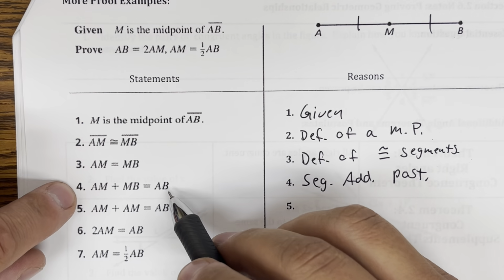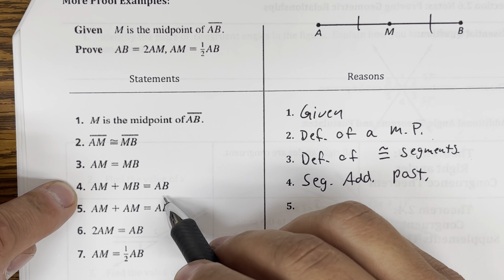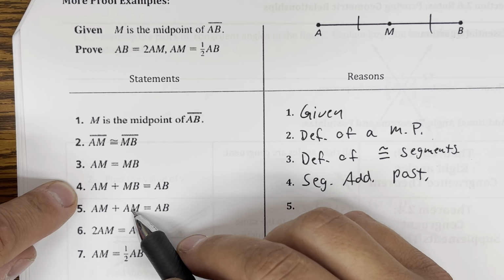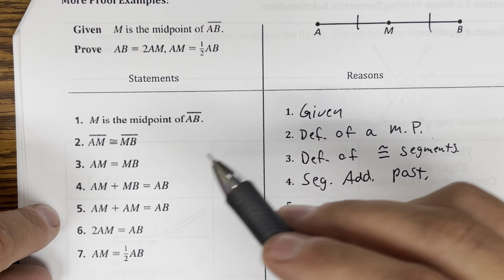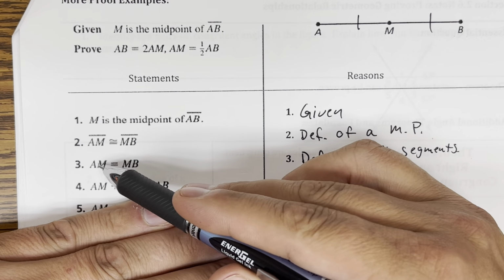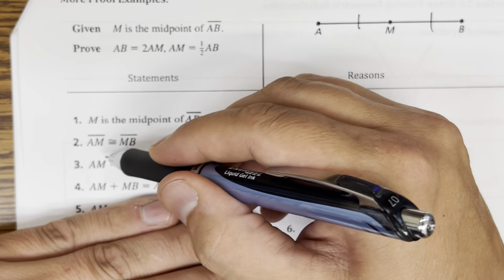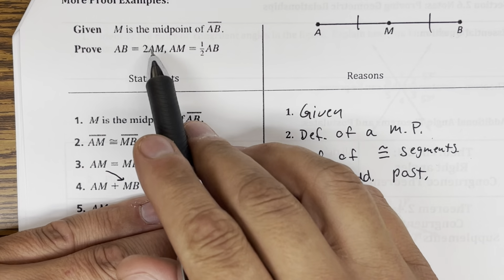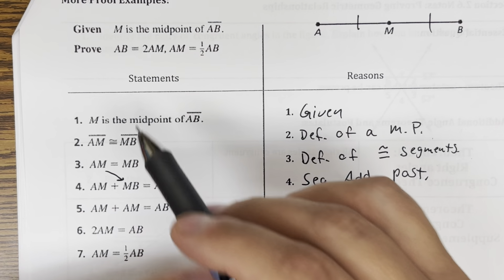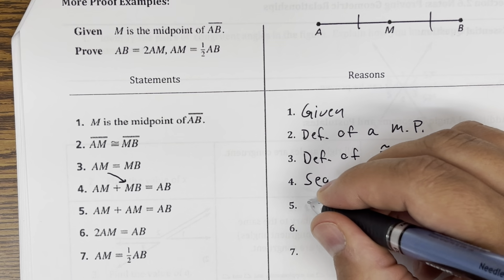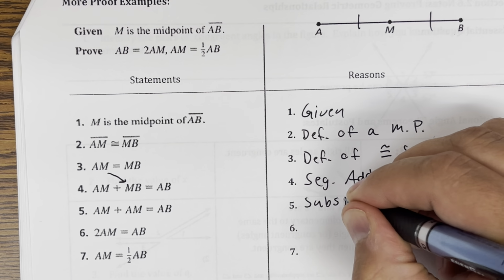Now we're changing from AM to MB. Well, let's see, where'd that come from? We had AM is equal to MB, so I can substitute AM in. And the reason why I'm doing that is because I want to end up with 2AM. So AM plus AM is equal to AB, and we use substitution